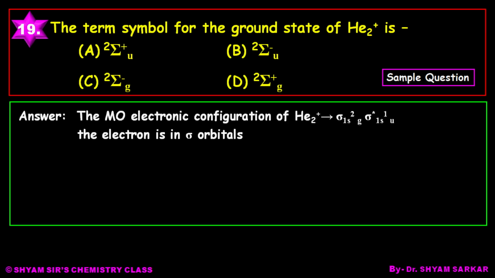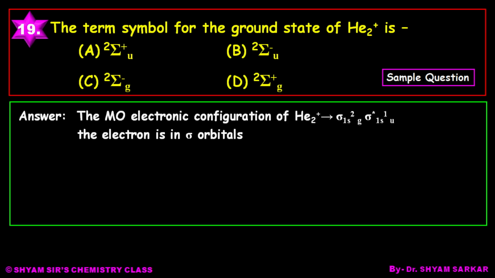If you watch my previous video, you will have an idea about the calculation of molecular term symbol. So from that, I have written here the electronic configuration of He2 plus ion